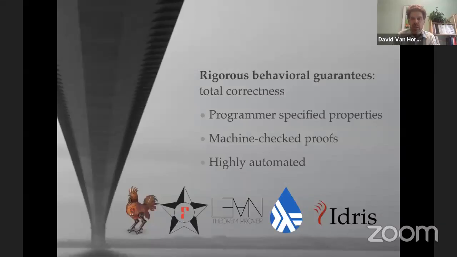specified properties. They often come with machine-checked proofs, and many of them have high degrees of automation here. So things in the space are like the Coq theorem proving language, F-star, Lean, Liquid Haskell, which you saw last week, Idris, and there's others as well. So I think that we've sort of built the tools that we think people will use in the future,